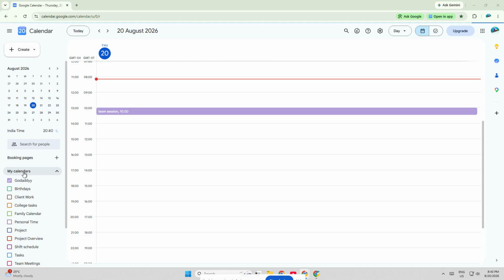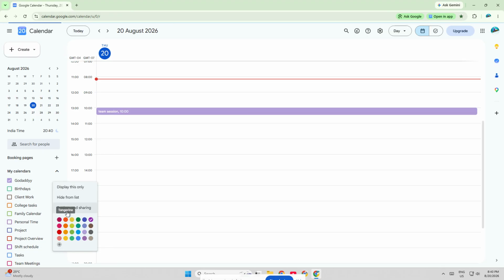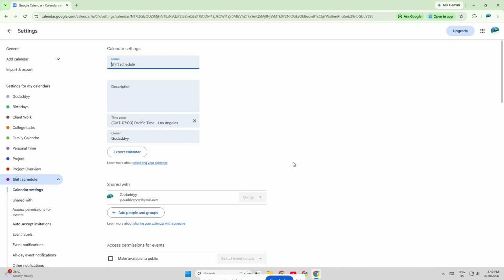Carefully check the name so you don't remove the wrong one. When you see the calendar, click the three dots next to its name. This opens the Calendar Options menu. From that menu, choose Settings and Sharing. This takes you into the detailed settings page for that specific calendar, where you can manage visibility, notifications, sharing, and